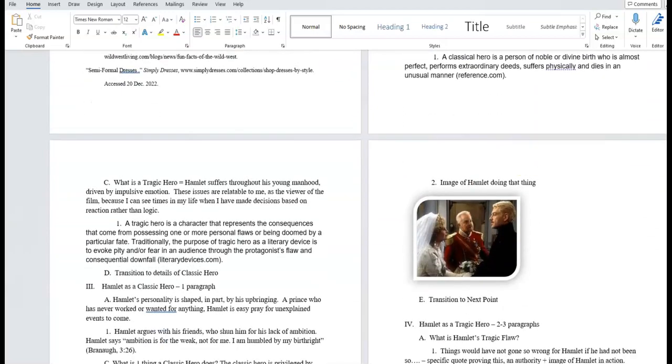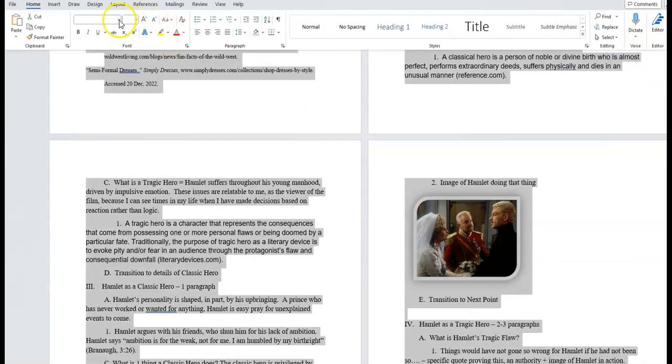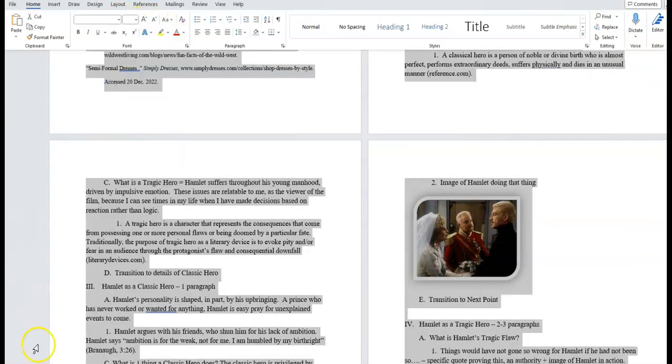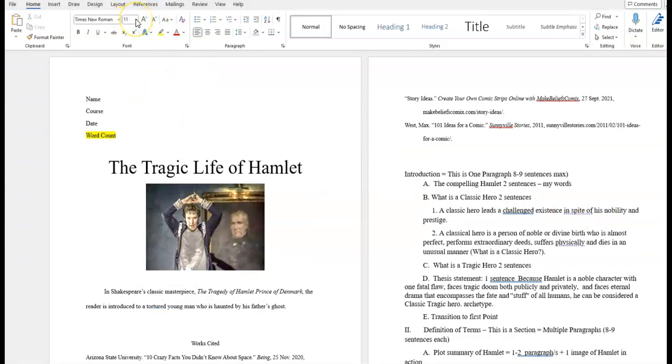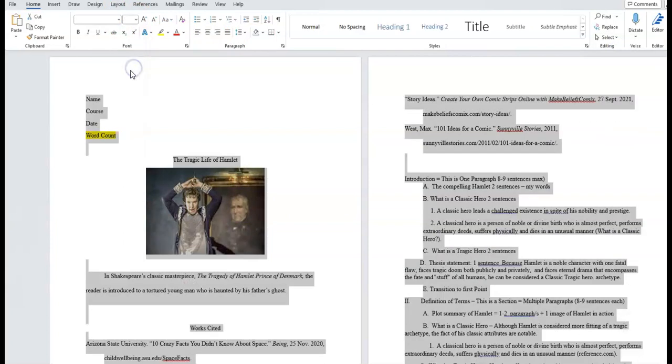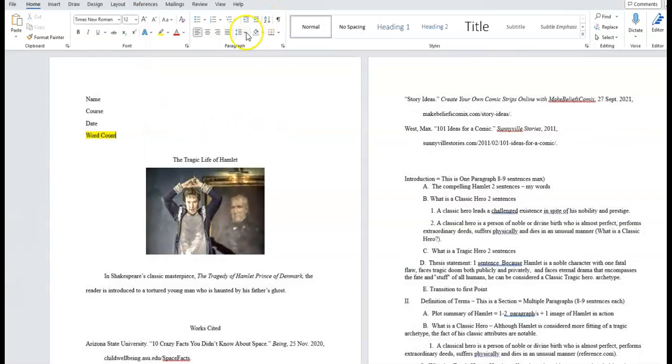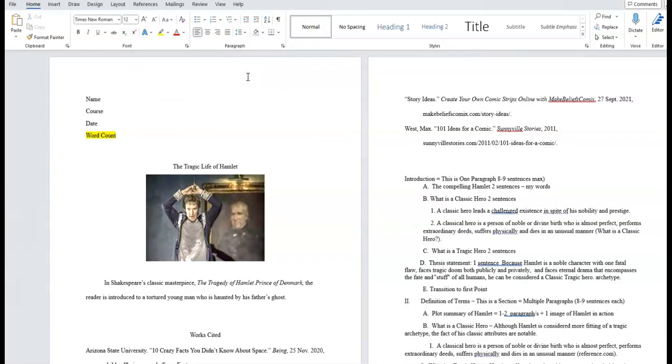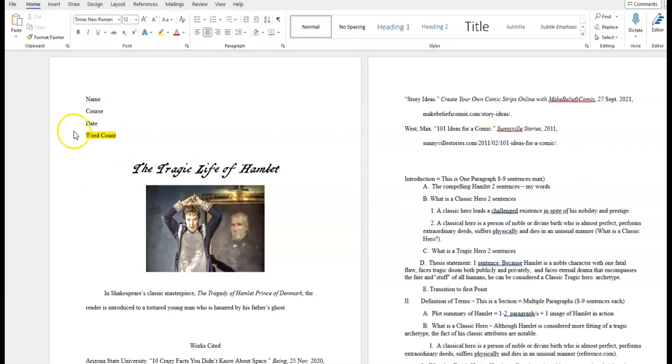Now I'm going to go back and I'm just going to do select all. I'm just going to make sure that everything in this document is in Times New Roman. That this made it go kerflooey, so I've got to select all, make sure that it's Times New Roman, 12 font, and now making sure that everything's double spaced. And now I want to go back and make sure that I go ahead and change that title to any font that I like. I make sure I see my little highlighted thing, so I'm going to do review,